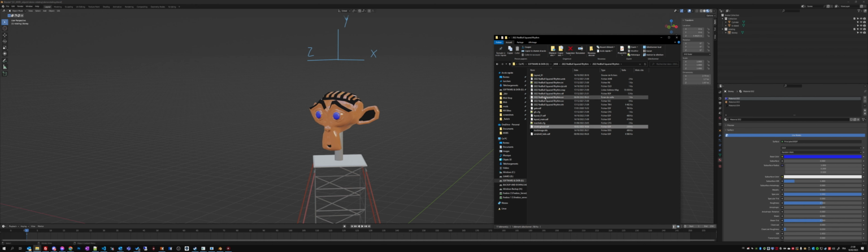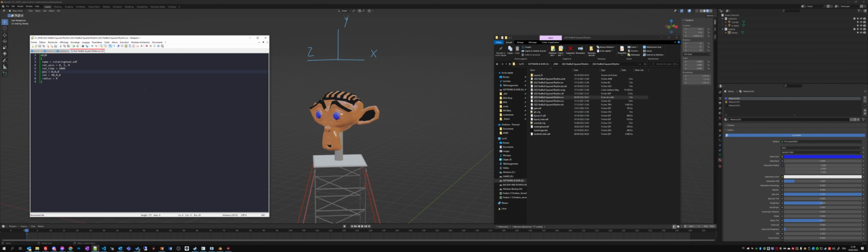Then you create a file that is the name of your track with SCR, like screen. You edit it with your favorite text editor, and we'll add this. I will just add this in the description. And if you have multiple objects, you can add obj 0, obj 1, and change the name of the object every time, and so on.